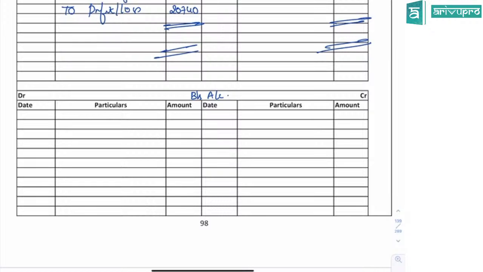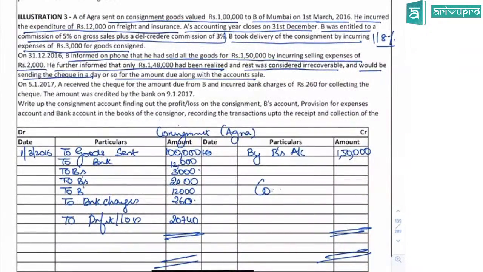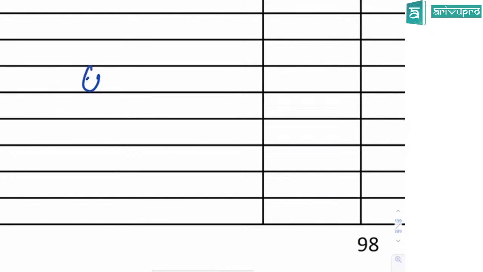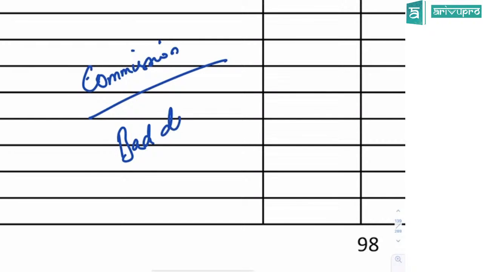Now, if you see B's account, simple. By consignment, you will write all the expenses he had, that is clearance expenses. Kumar, it's a del credere commission. So I told you, in case of a del credere commission, what happens? The commission is inclusive of bad debt. So the bad debt risk is with the